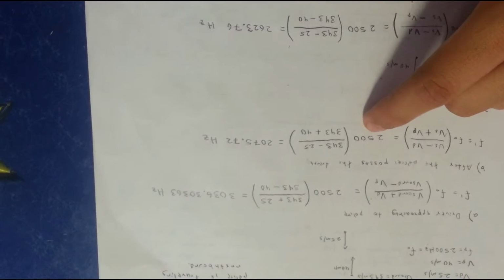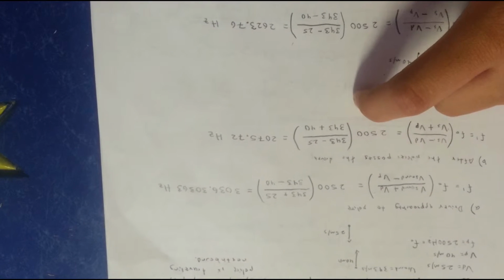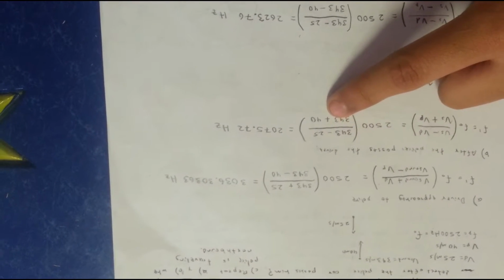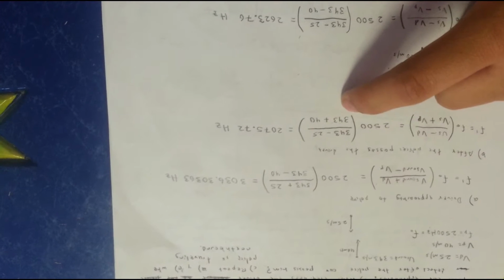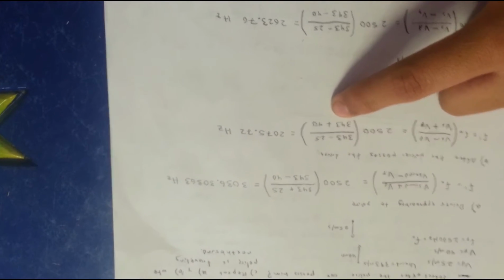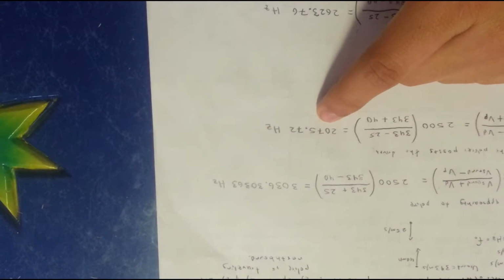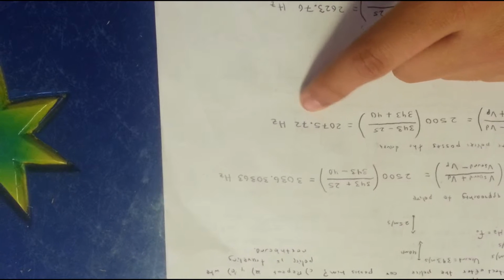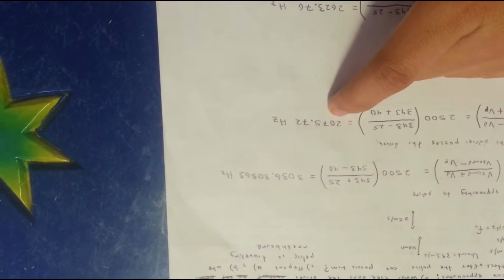And here we have this equation in terms of all the speeds and frequencies, and it's 2500 times 343 minus 25 between 343 plus 40, and here we have the frequency that the driver hears,